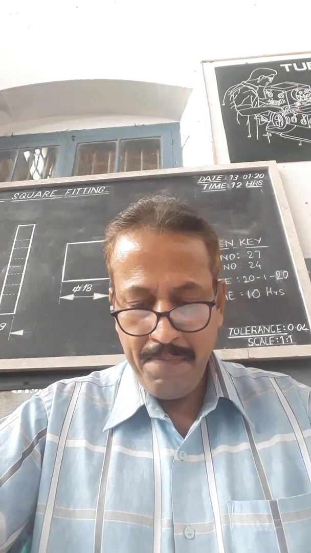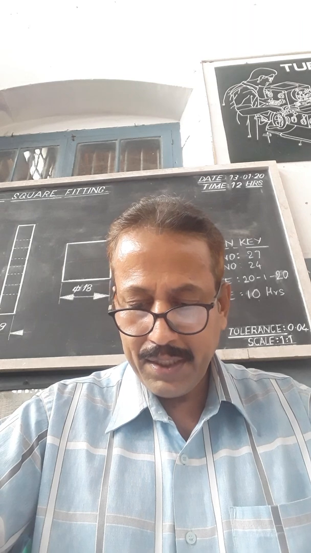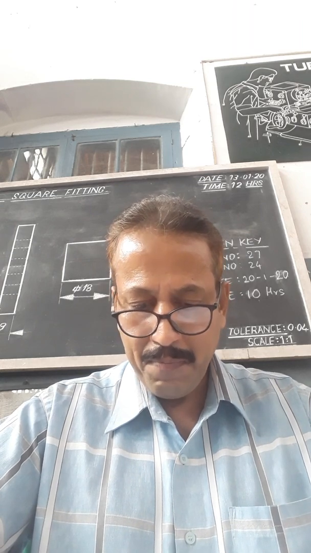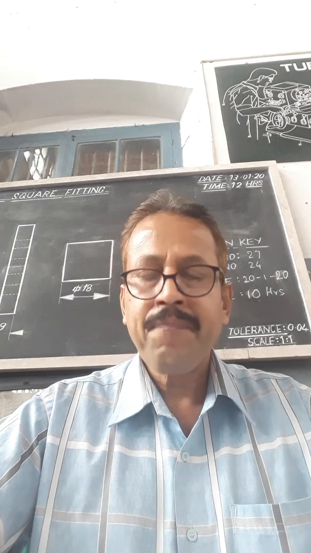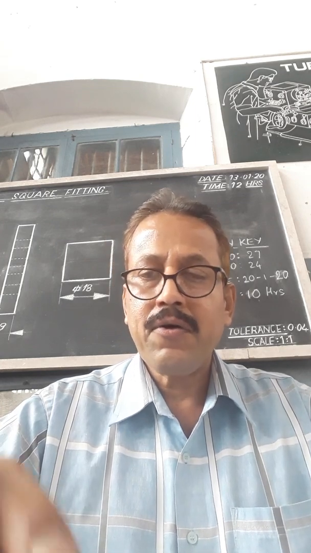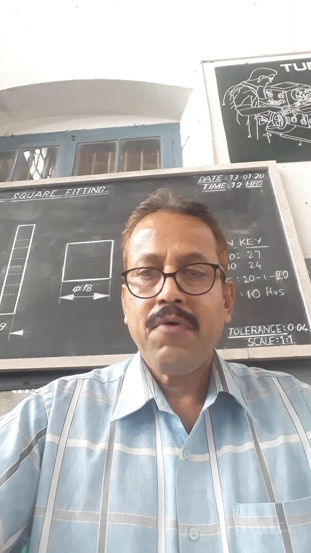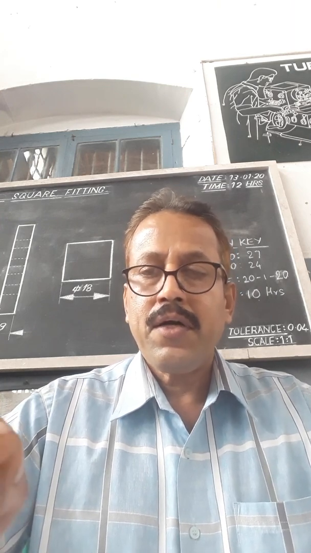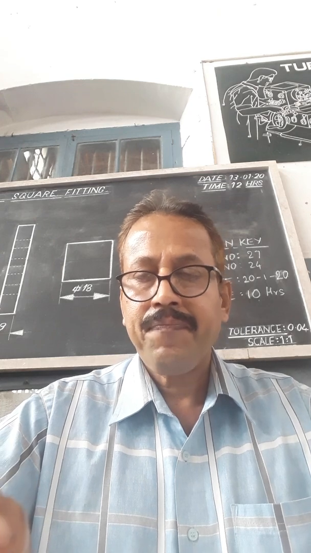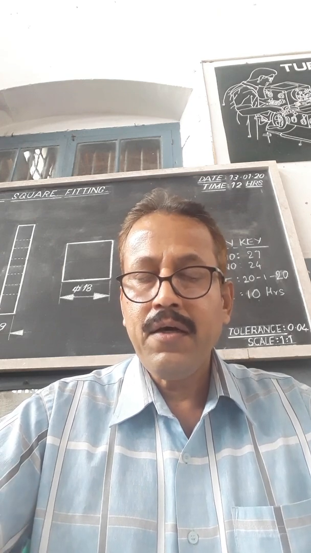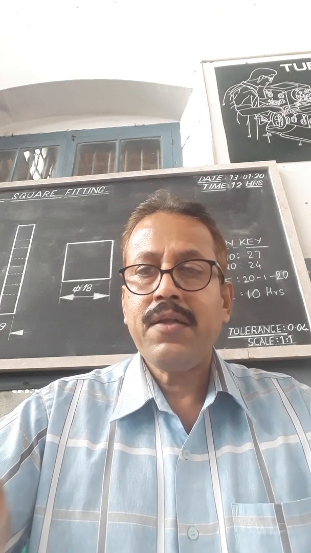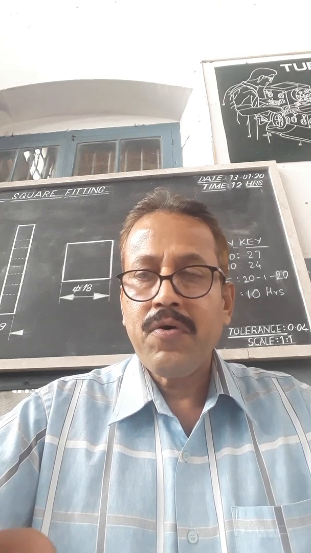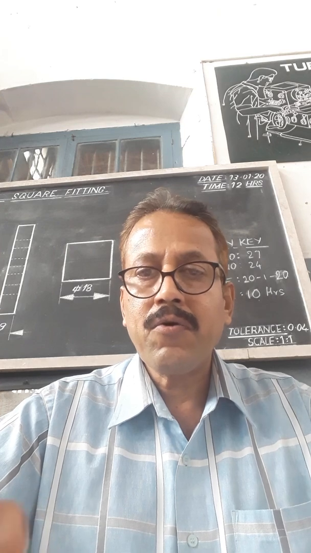Thread plug gauge. Internal threads are checked with thread plug gauges of go and no go variety, which employ the same principle as other cylindrical plug gauges. Here also there is a double-ended thread plug gauge. One end is go and the other is the no go end. Only the go end should enter into the female thread. A no go should not enter. The no go end enters only when the size of the threads is bigger or the depth of the thread is given more for internal threads.